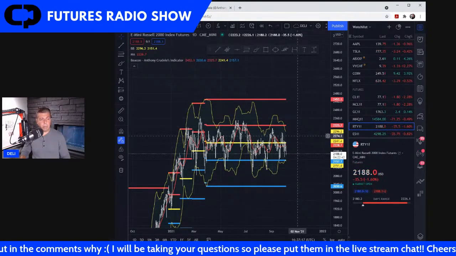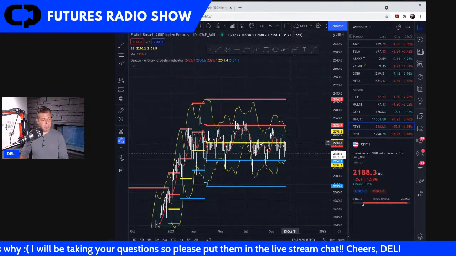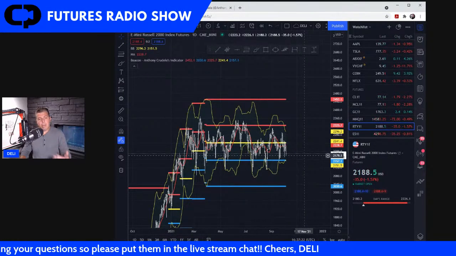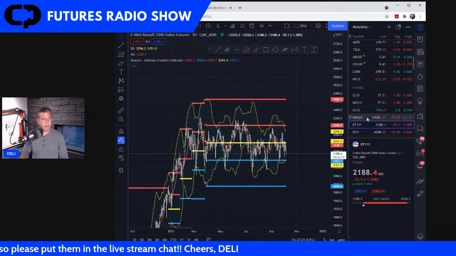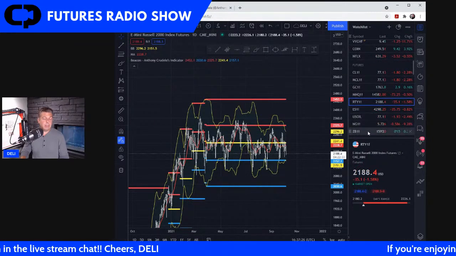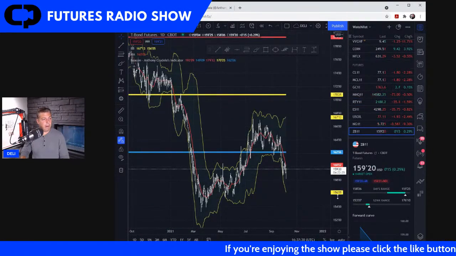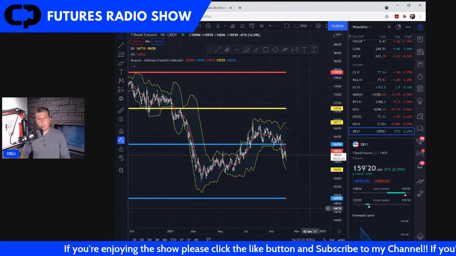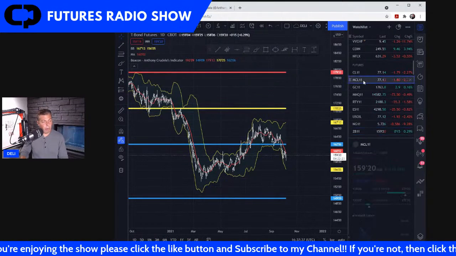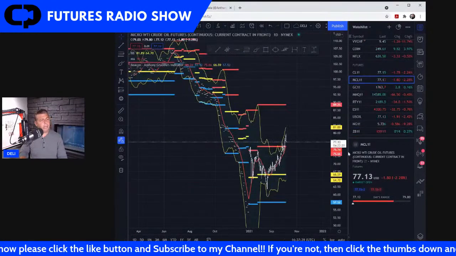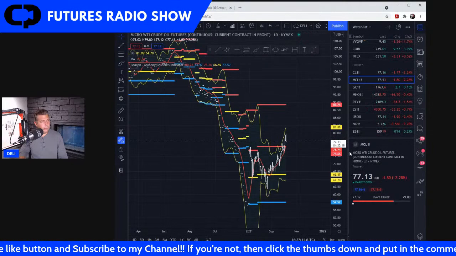And maybe if I start to see the Russell push back above these moving averages and stay in this range, then maybe it would tell me to trade a little bit smaller on the short side. I think that's part of trading, right? We have to constantly be looking at what's happening in the markets and adapt to it. So some of the markets you guys want to pull up, actually, I'm going to go to micro crude oil first, because what's interesting on crude is